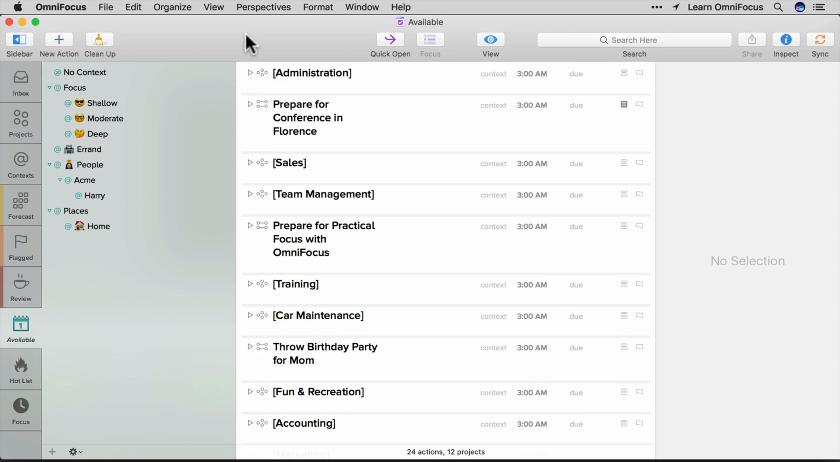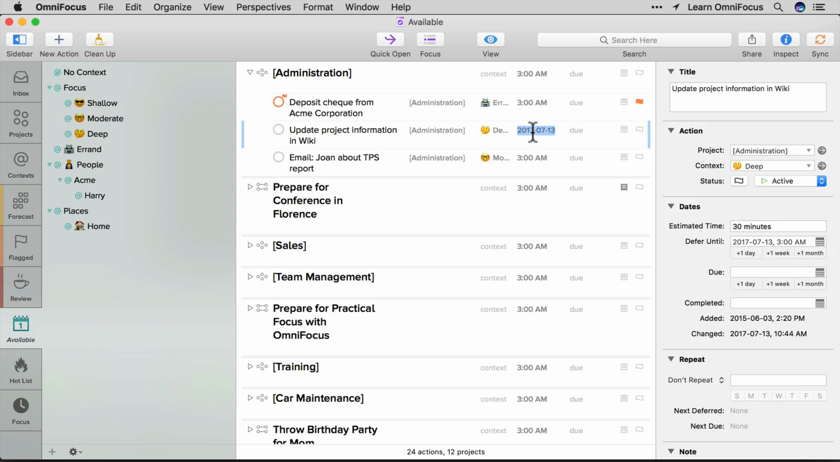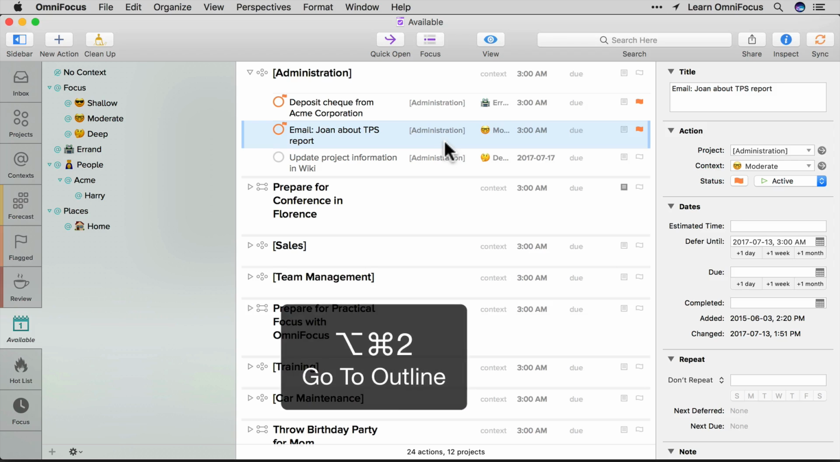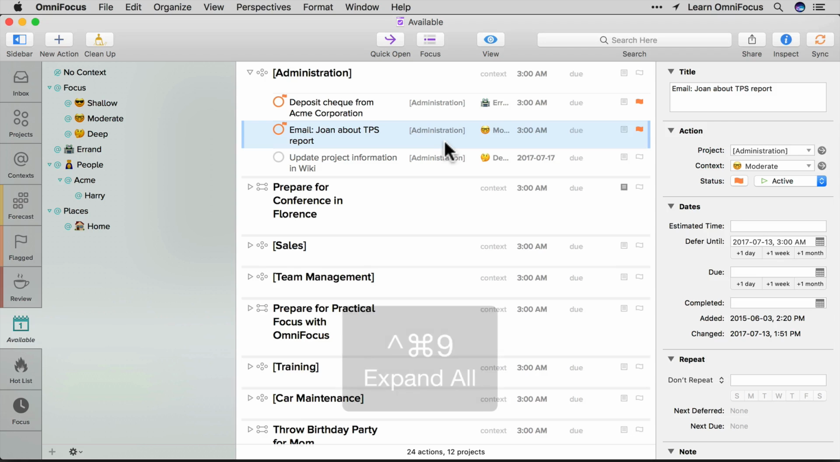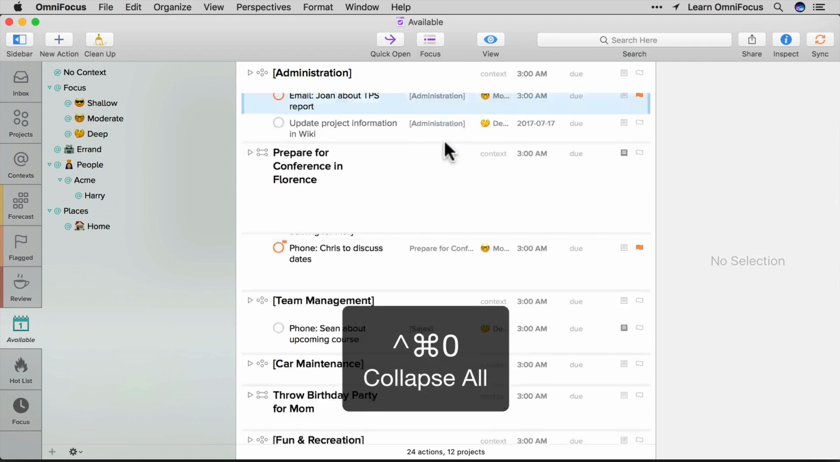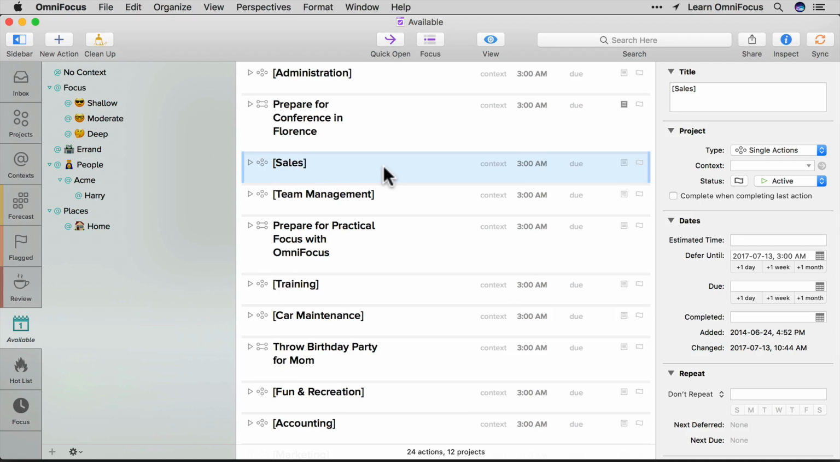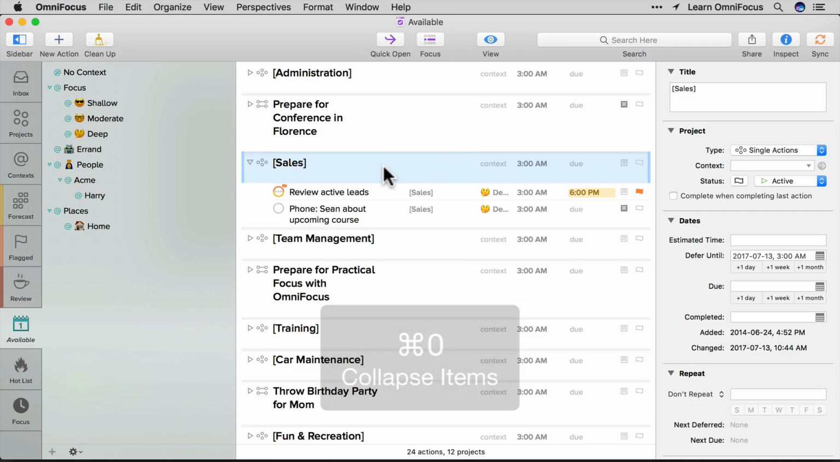When reviewing my available actions, I typically expand and collapse each item on the list individually, reviewing its contents and in some cases adding a flag or deferring one or more actions to a future date. To make this quick and convenient, I recommend learning a few keyboard shortcuts. Pressing Option-Command-2 focuses on the outline view, and pressing Control-Command-9 expands everything in the outline, and pressing Control-Command-0 collapses the outline. You can also select one or more items in the outline and use Command-9 to expand them and Command-0